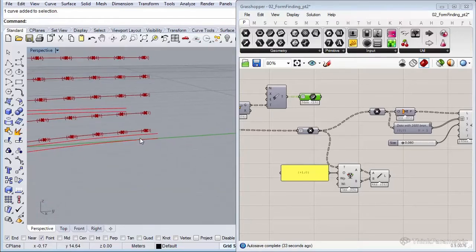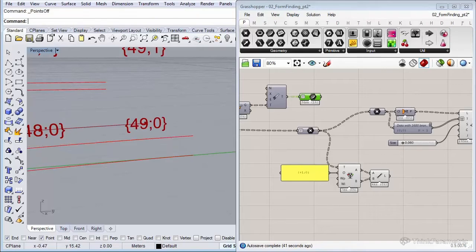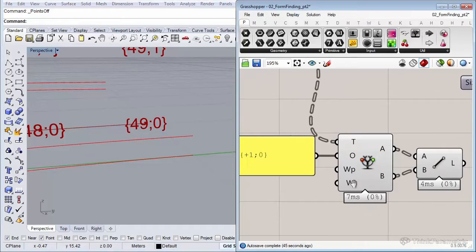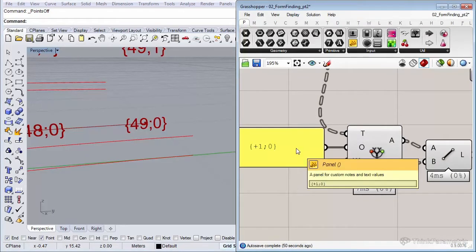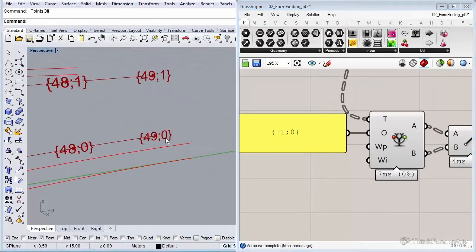Now, if you remember, let me just zoom in here for a second. If you remember the WP and the WI, this means that it doesn't wrap around the borders of the data structure. Because if you look at 49,0, for instance, that one doesn't have a neighbor that's to the right of it. So if we set the WP to false, it doesn't do anything.